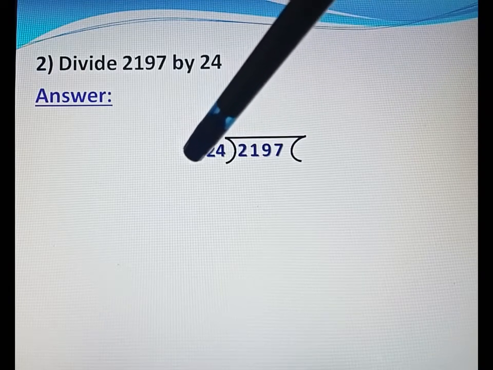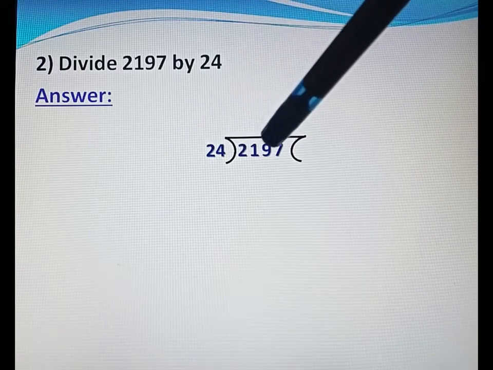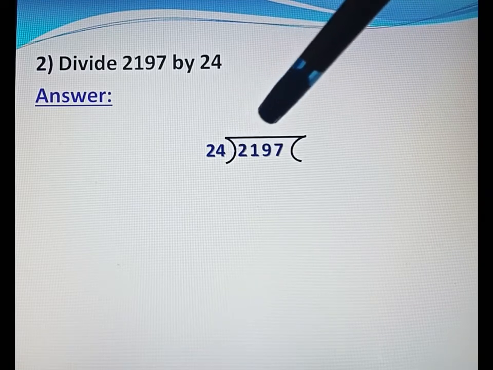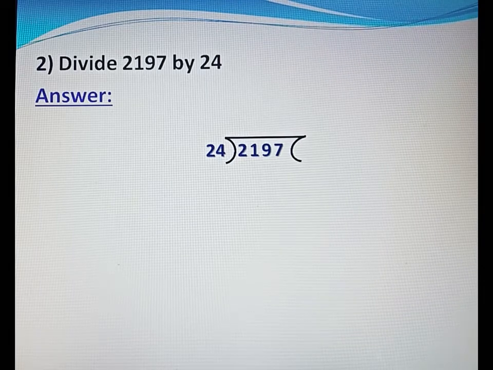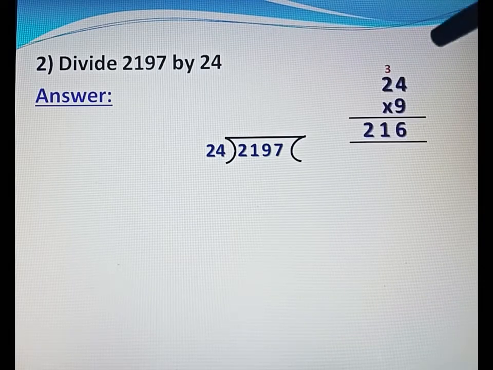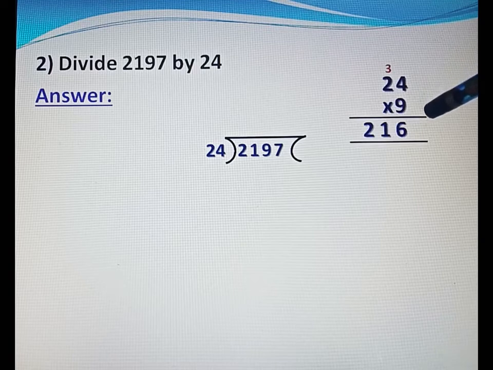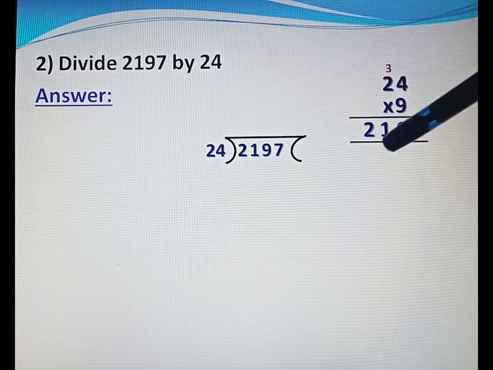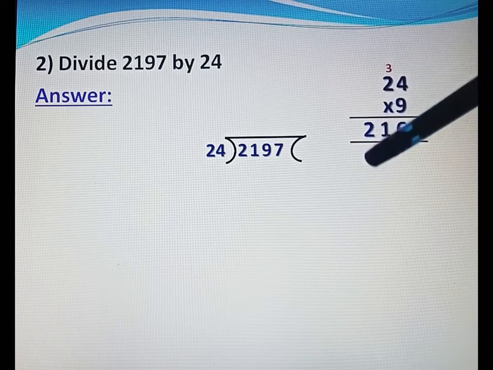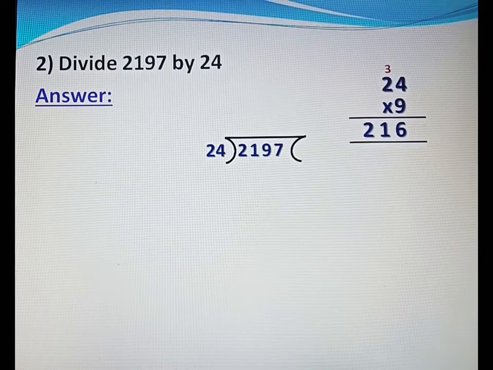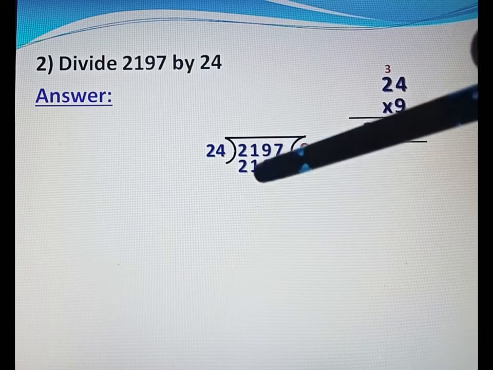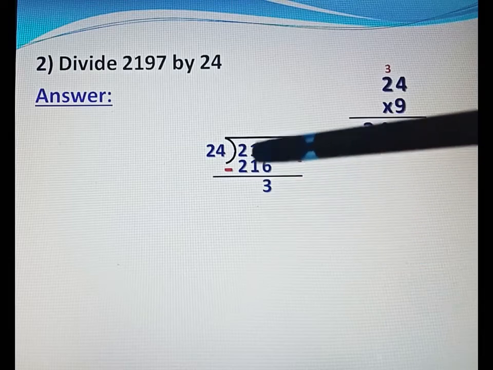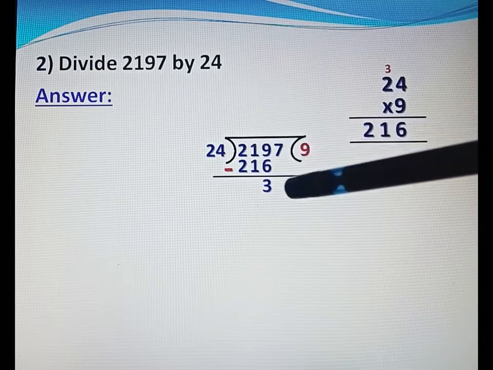We will multiply this 24 so that it is equal to 219 or less than 219. It should not be greater than 219. Multiply 24 by 9. 9 4s are 36, 6 and 3 carry, 9 2s are 18 plus 3, 21. 24 multiply 9 equal 216, right? And then we will do subtraction. 9 minus 6, 3, 1 minus 1, 0, 2 minus 2, 0, and then we will take next number, that